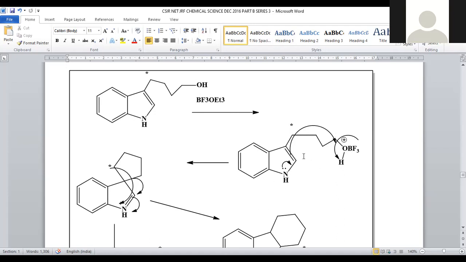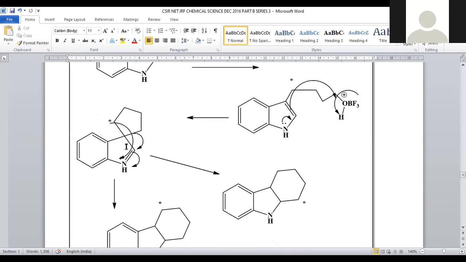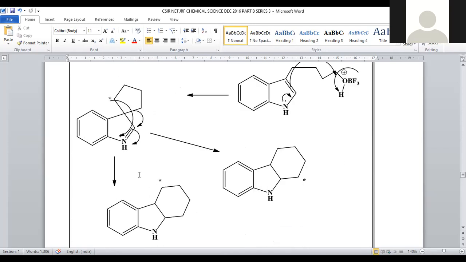The generated carbocation will form a cyclic compound with this carbon atom. This carbon is able to form a cyclic compound with this one because a lone pair of electrons is present and the nitrogen will be polarized. So that subsequent migration of this group occurs and we will get a carbon bond formation. So another 5-membered ring is originated here. This is the intermediate compound, the key compound.